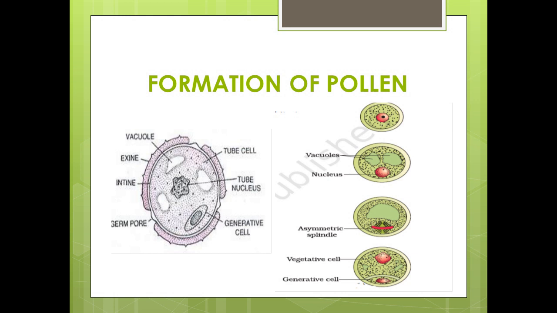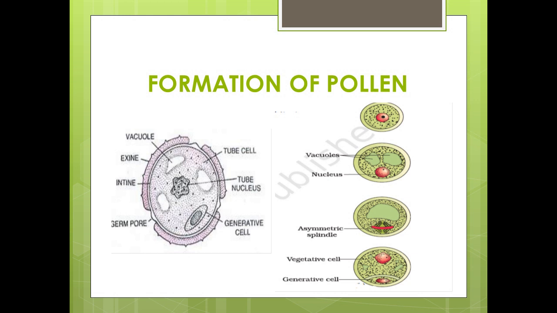Now, pollen grain represents the male gametophyte. Generally, pollen grains are spherical in shape, measuring 20 to 25 microns in diameter. It has a prominent two-layered wall, the outer exine made up of sporopollenin and the inner intine made up of cellulose and pectin. Sporopollenin is the most resistant organic material known. It can withstand high temperature, strong acids and alkalis. No enzyme that can degrade sporopollenin is known even to this day.